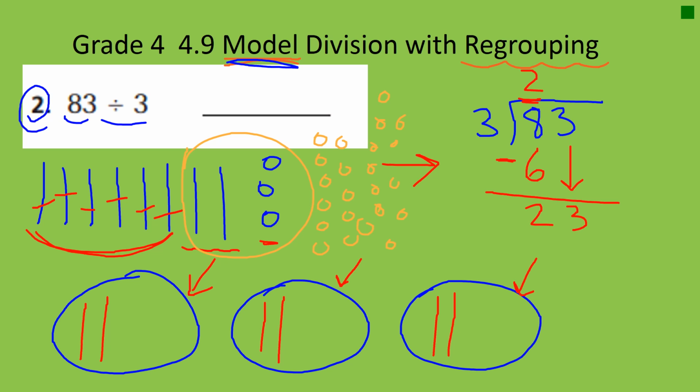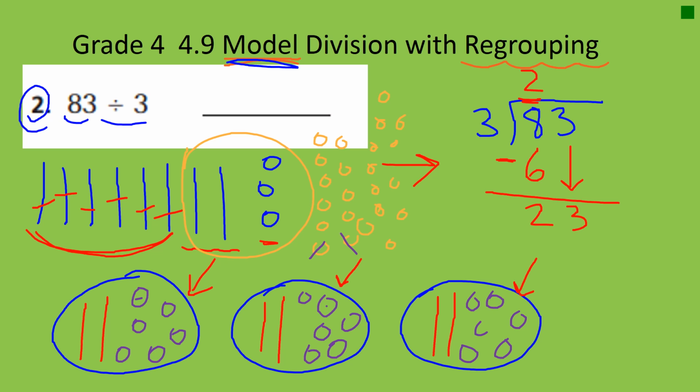So instead of crossing out, putting 1, crossing out, putting 1, I'm just going to count to 23. Okay, so far 1, 2, 3, ... 20,